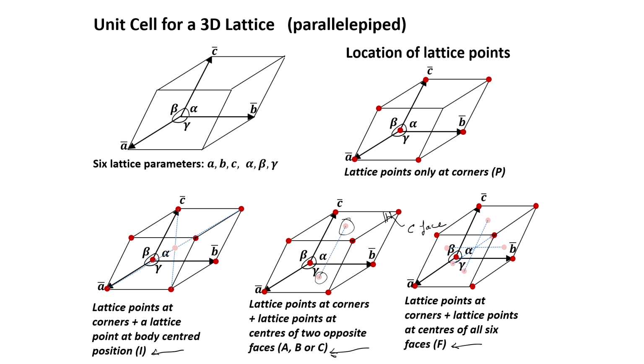Now, the next question that we have to address is, what should this parallelepiped cell look like? There is a set of what are called conventional cells, which I am sure all of you would have come across in any basic course on material science, and there are 7 different conventional parallelepipeds, described by some specific relationships between a, b, c and alpha, beta, gamma. So, let us consider this, and those 7 cells are called crystal systems.